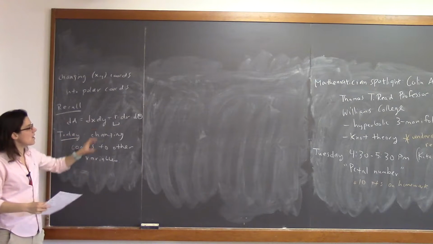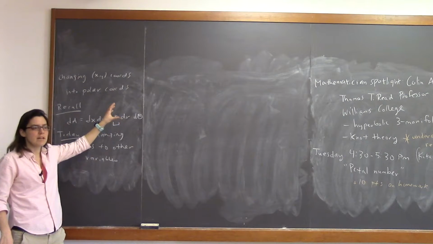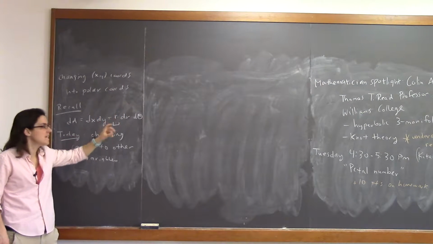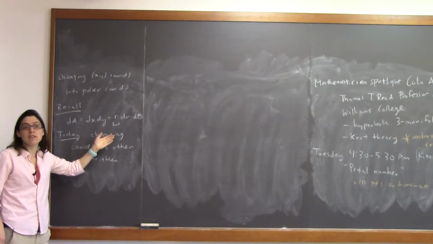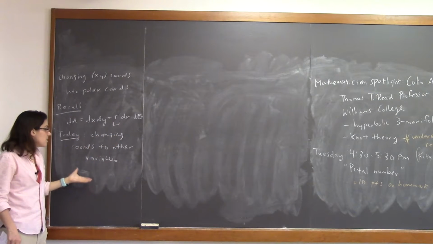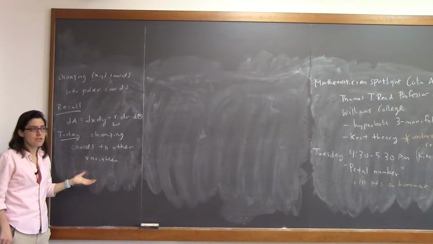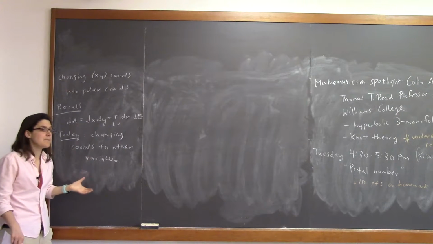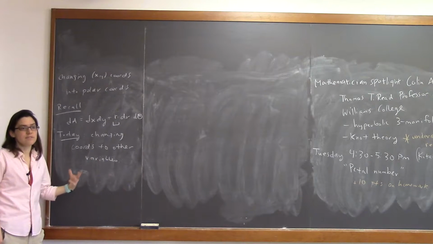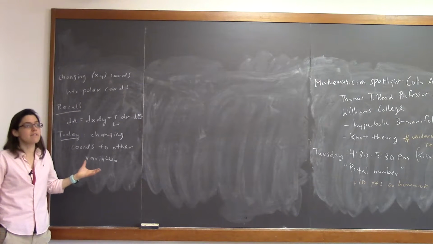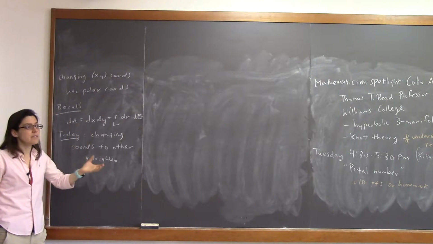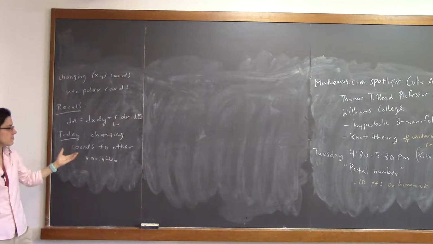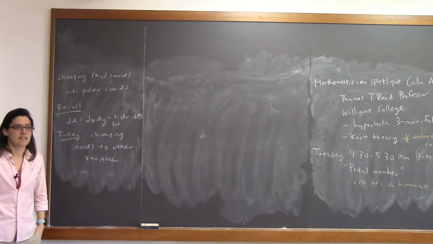So if you are integrating a round type function over a round type region, it makes a lot of sense to convert to polar coordinates. And if you're doing something else, like we'll see a sort of a diamond-shaped function over a diamond-shaped region, it makes sense to convert to like diamond-shaped coordinates, whatever that might mean. So that's the idea. You might want to convert to coordinates other than circular polar coordinates. That's the idea of today.